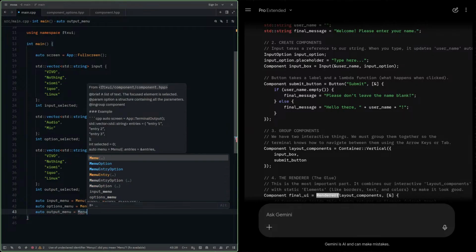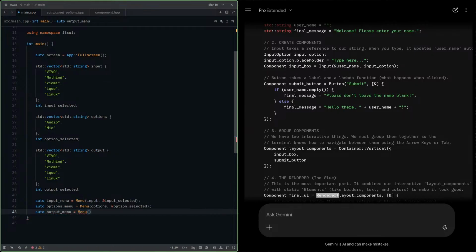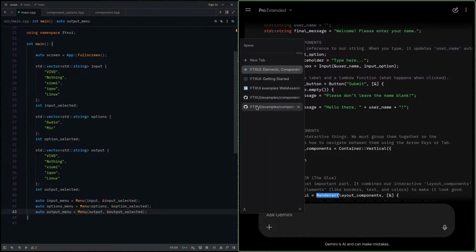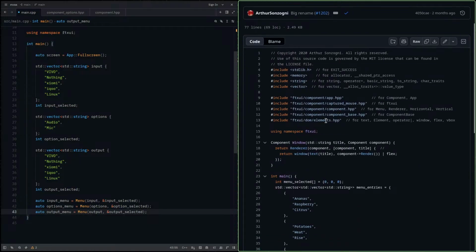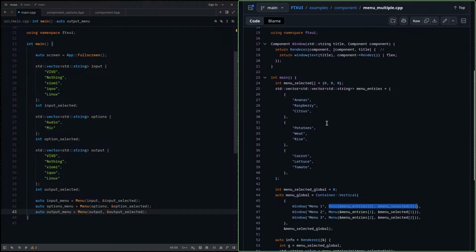Here I will create another menu with the output as that and output selected. Should I initialize it or not? Let's see in the example whether they initialized it or not. They have initialized, but